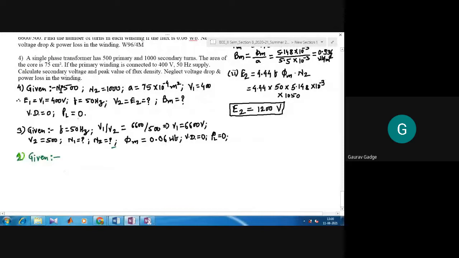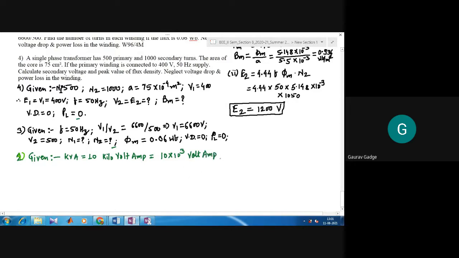So 10 kVA. What does it mean is given to you? kVA 10. Now, kVA stands for what? Kilo volt ampere. Now how can you convert it into volt ampere? I already told you. Like if I want to purchase sugar, if I say 1 kg of sugar, that means 1000 gram of sugar. 1 kilovolt ampere, or 10 kilovolt ampere, means 10 into 10 to the power 3 volt ampere.